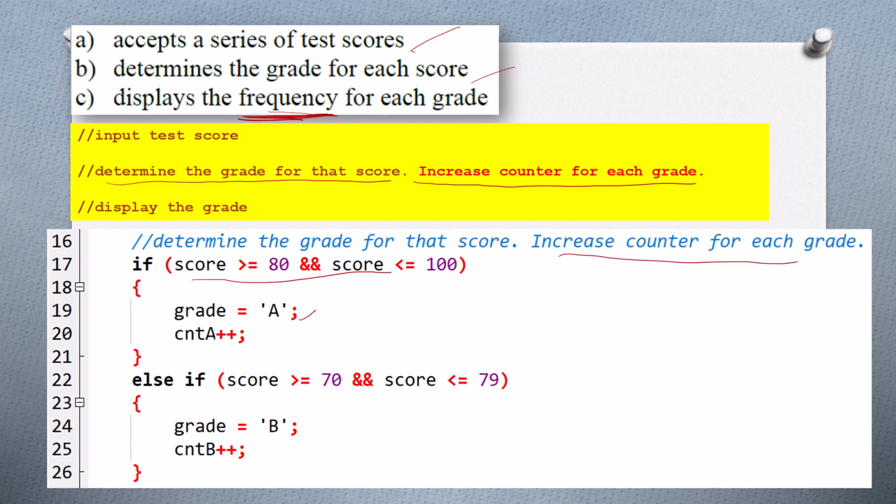To count how many grade A's, you have to have one counter to count. To count grade B, you have another counter. So I use countA, countB. You have to initialize countA and countB to 0. Then only you can increase the counter, right? Next,